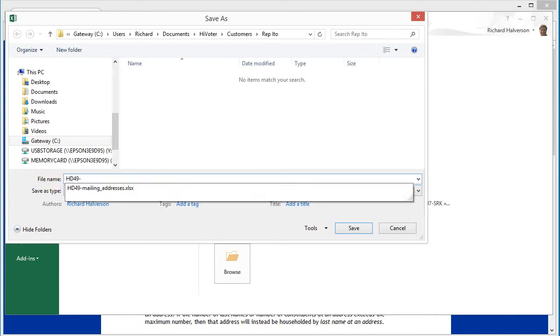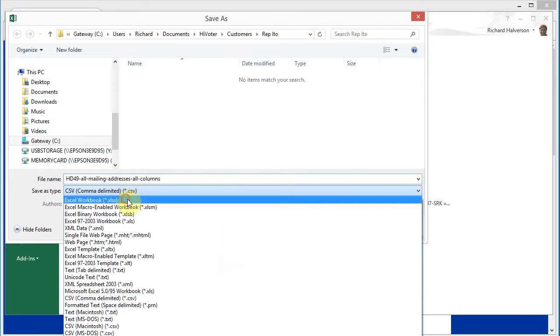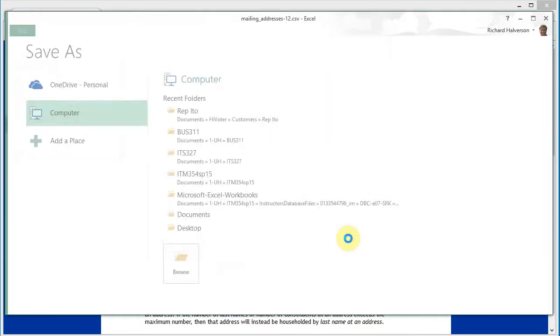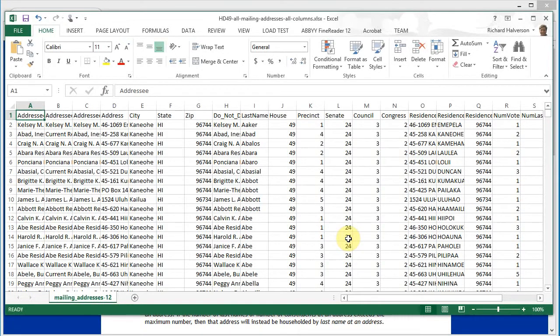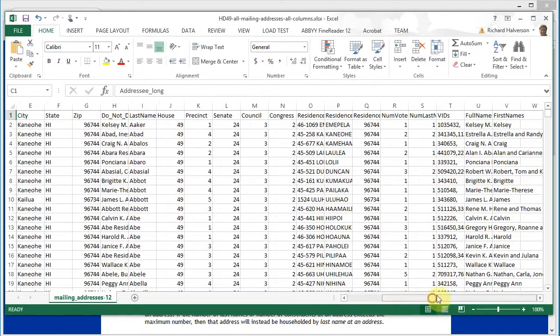HD49 all mailing addresses, all columns. And I'm going to save that as a worksheet and click save. Now I can work with this. So starting with this, I'd like to show you a new feature that I've added to the worksheet spreadsheet, which is